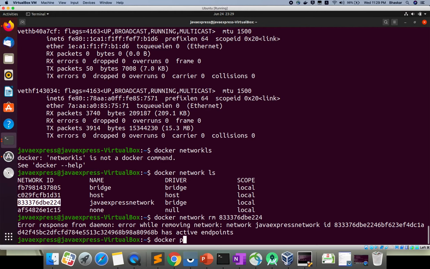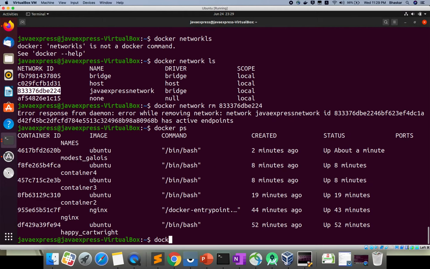Docker ps. Okay, before stopping, your task is to create one more container with the same network. Go and check whether ping is happening between both or not. In the previous slide I explained, right, with the existing network you go and install ping and check whether it is working or not. Okay, we'll create one more container also, then no issue.